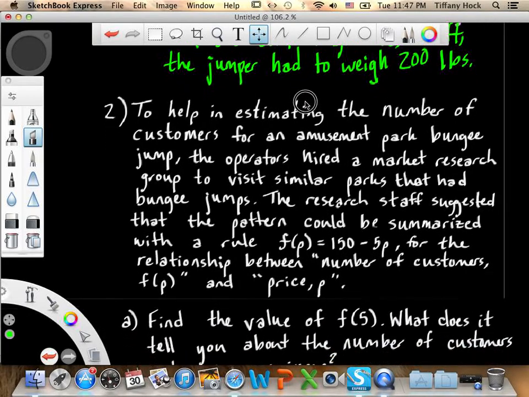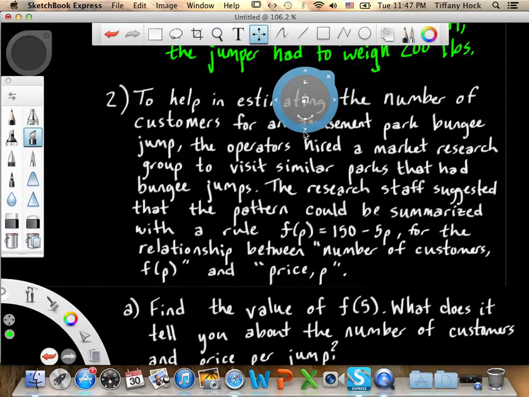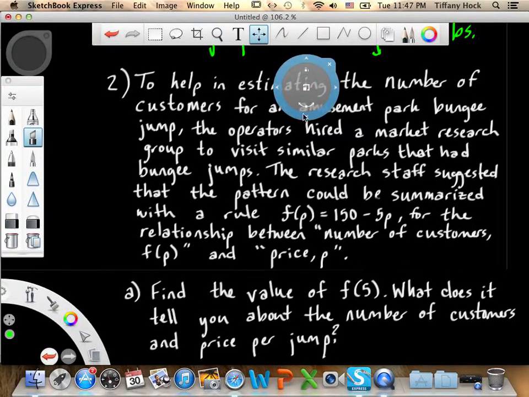So look at this one with me, and once again, just keep copying down the notes and the answers. As we go through these, you don't have to copy the problem itself, but just sort of follow along as we read this. So it says, to help in estimating the number of customers for an amusement park bungee jump,